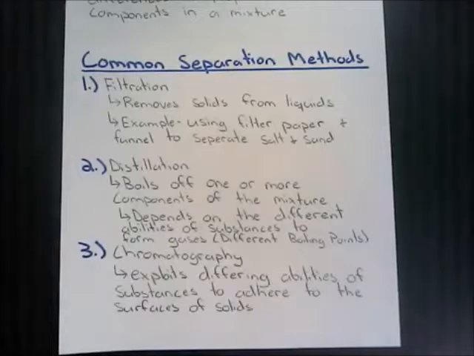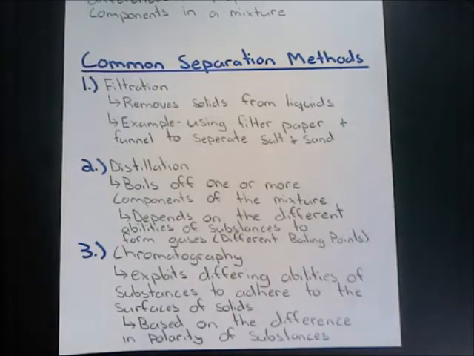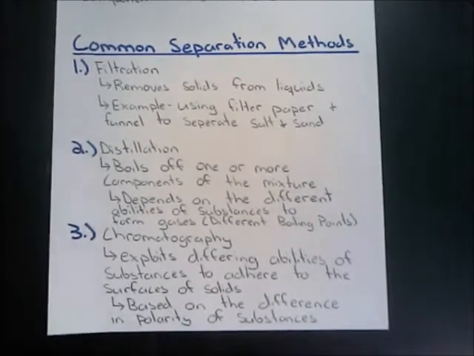And so chromatography is based on the differences in polarity of different substances. Okay, so we have identified physical and chemical properties. We've identified intensive and extensive properties. And then we've also identified those changes that can occur with a substance, and we've gone through some different separation techniques. So what we're going to do now, we're going to transfer to how we can better acquire data in